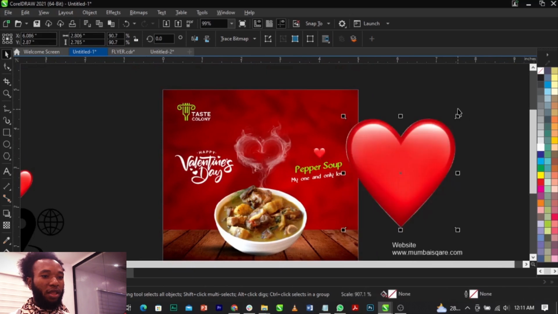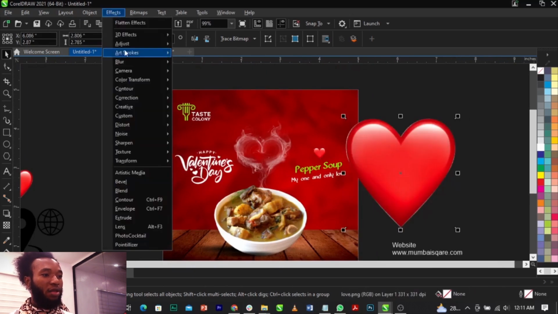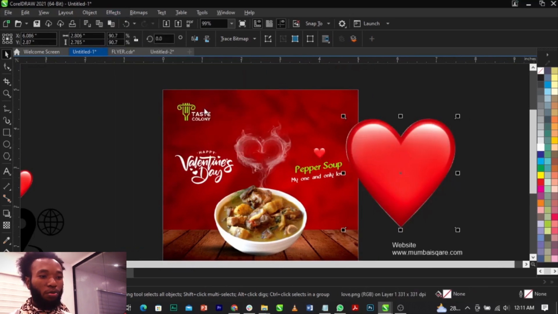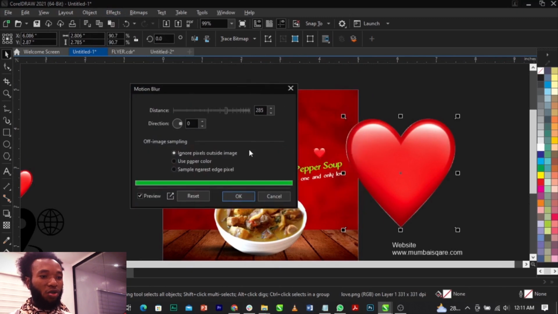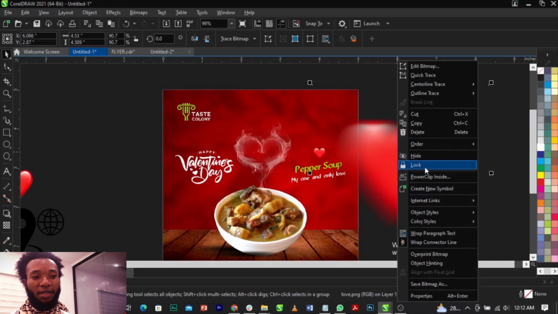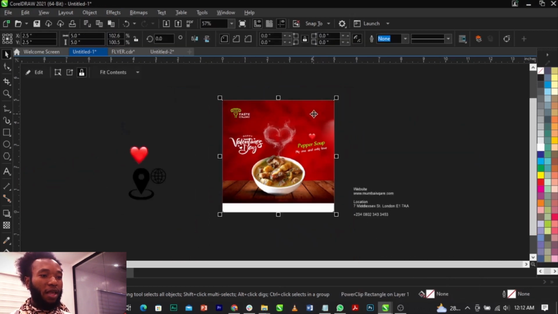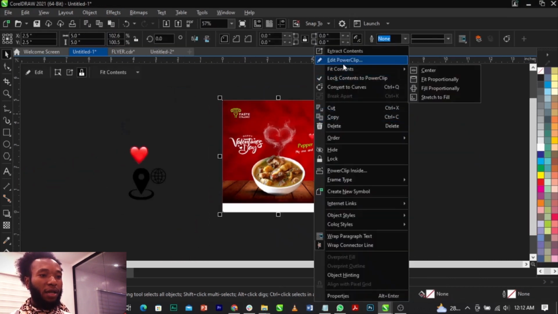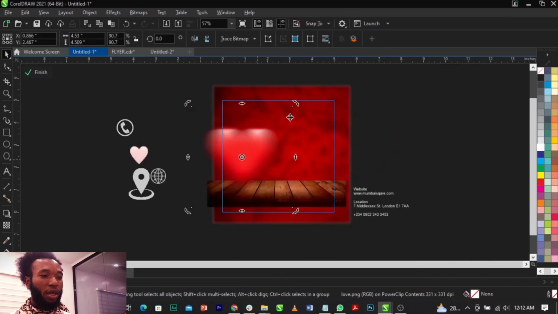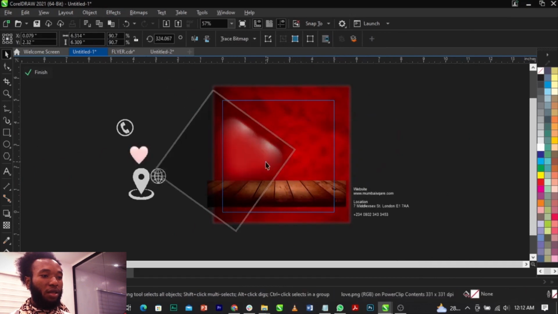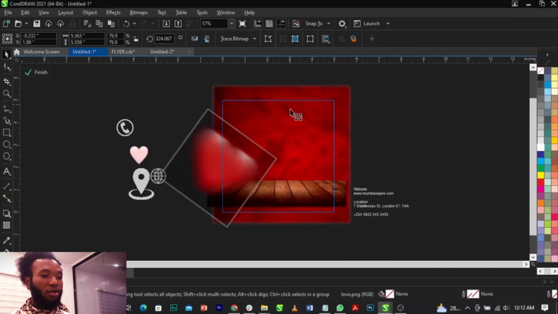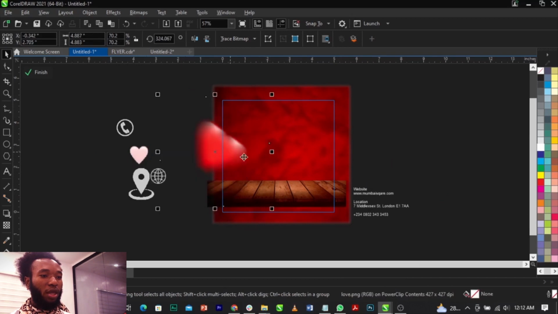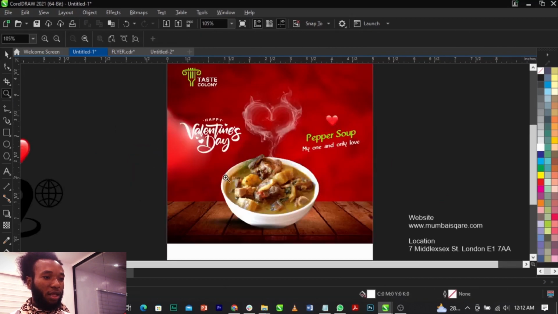one up. Then what I'm going to do, I'm going to go to Effect, select Block, select Motion Block this time around. Once you select Motion Block, this is what you're going to have. I'm going to click on OK, right click on it, and select Power Clip, then place it into the frame. I'm going to right click and select Edit Power Clip, and drag this one here, and just rotate that this